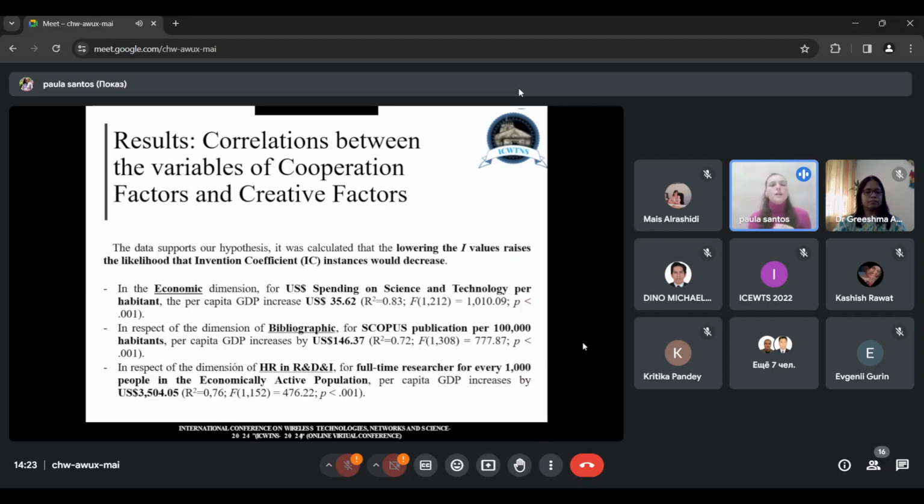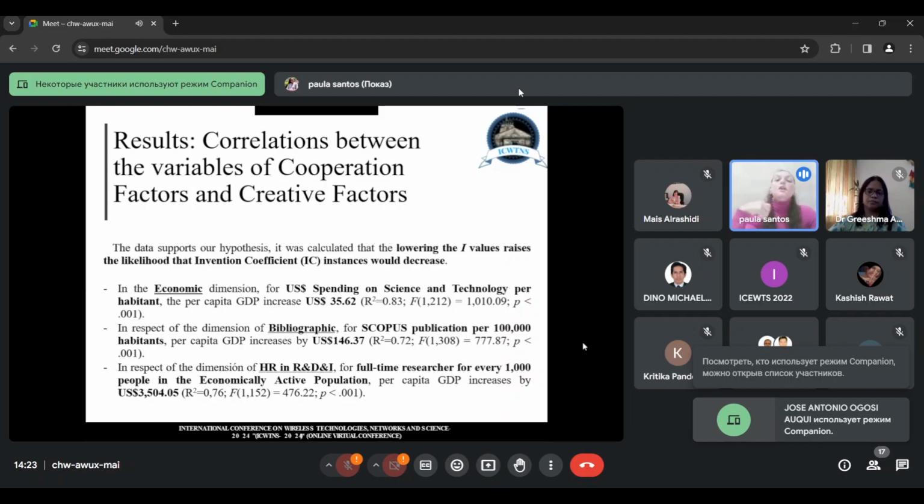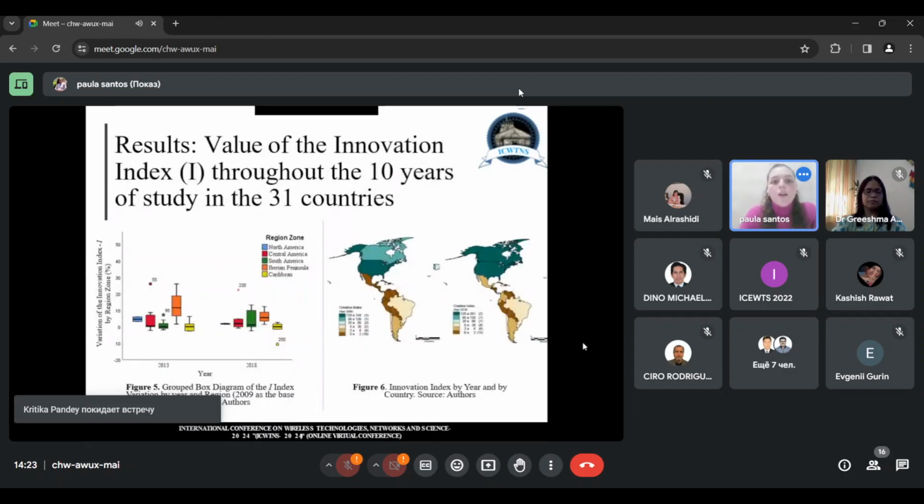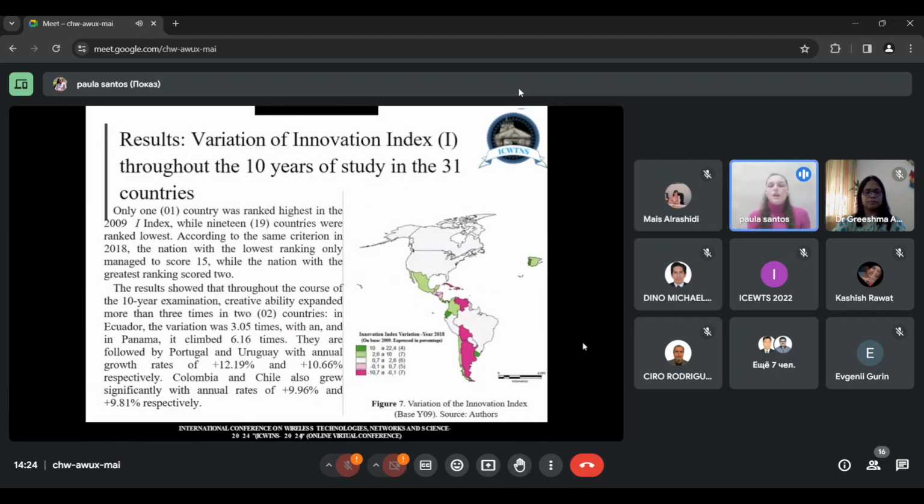with an R square of 0.76. So we can note that the three dimensions of the cooperation factors can boost the GDP per capita of the 31 countries in Ibero-America. And these three dimensions have a strong relationship with the invention coefficient, with the innovation index. So we can use the innovation index to calculate how it boosts the GDP of these countries. And now we're going to see the variation of the innovation index throughout 10 years of study in these